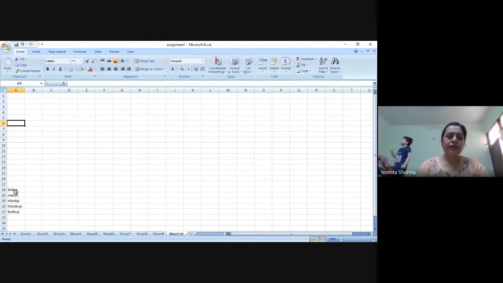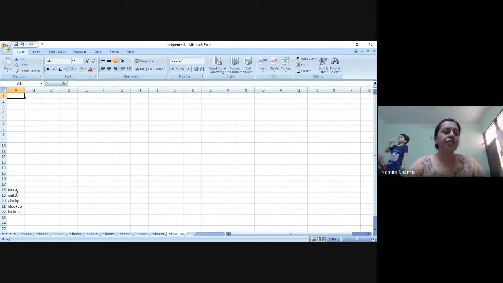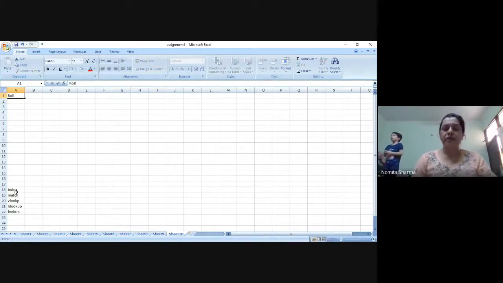So match we have done. I won't repeat that. Today I'll be starting with the index function, where the function will return the exact value and not the position of the value as in the case of the match function. So let me just make a small matrix of, say, sales people.